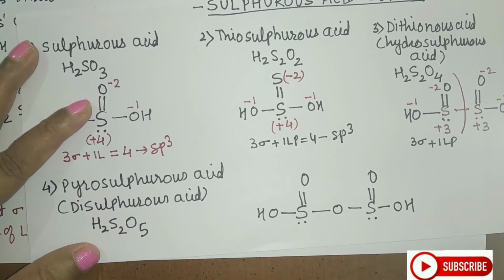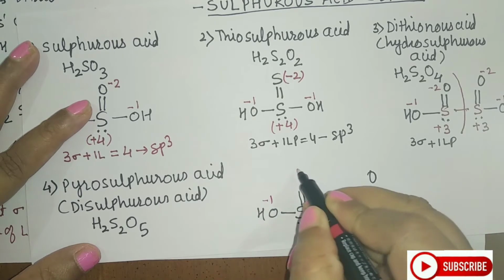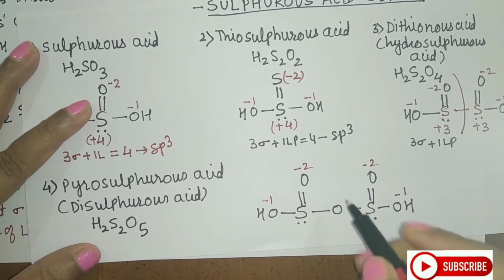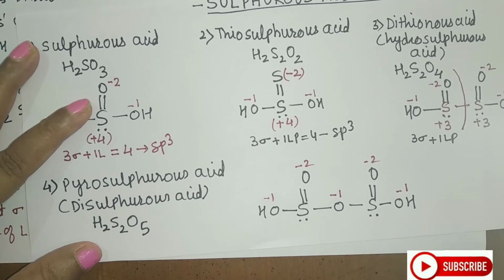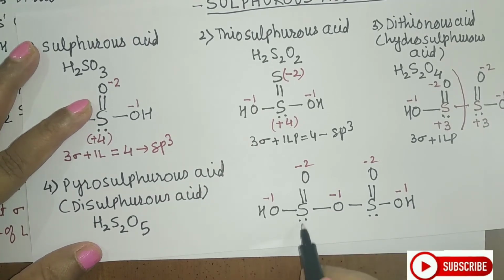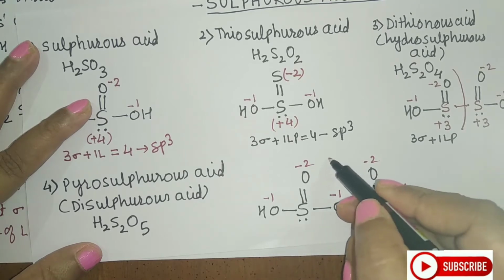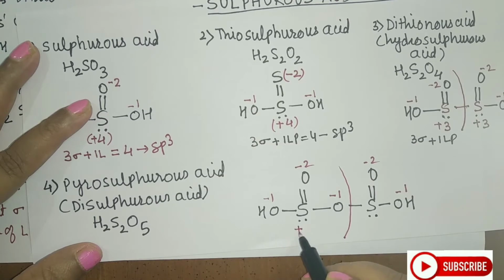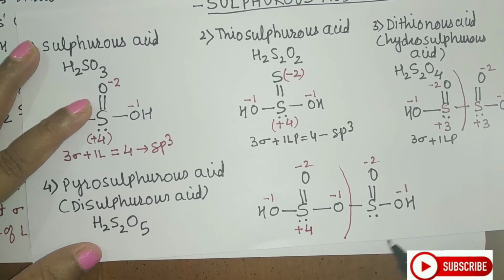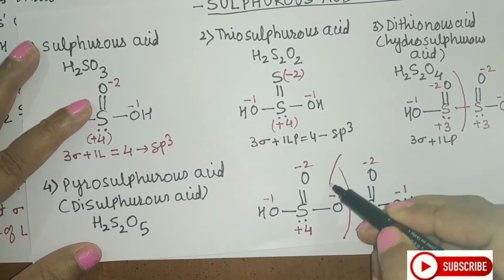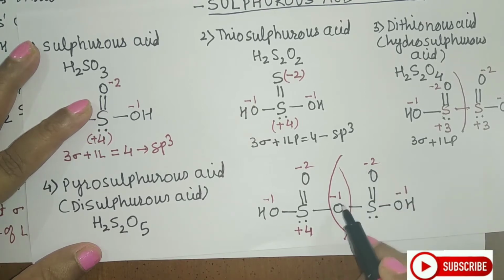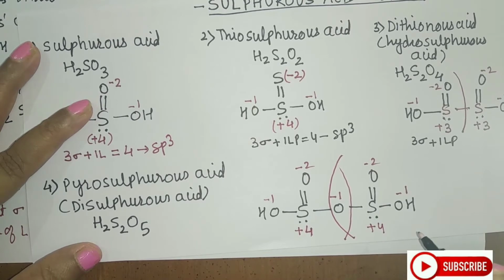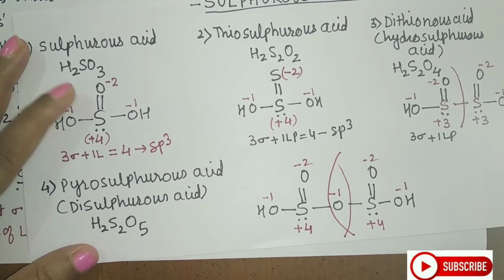Let us assign the oxidation numbers. So this is -1, -2, -2, -1. For a peroxide linkage, oxygen will have a -1 oxidation state. Assign the oxidation number for sulfur here. For that, you have to consider in this way, -2, -3, -4. So here it is in the +4 oxidation state, and for this one you have to consider again like this: -2, -3, -4. So this will be in the +4 oxidation state. So this is how you will assign the oxidation numbers.